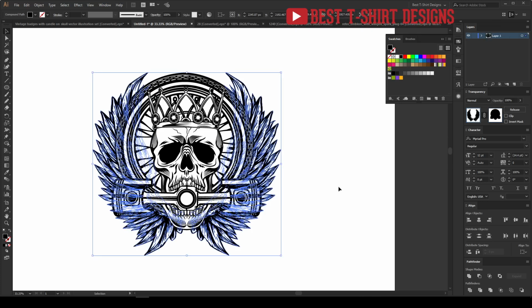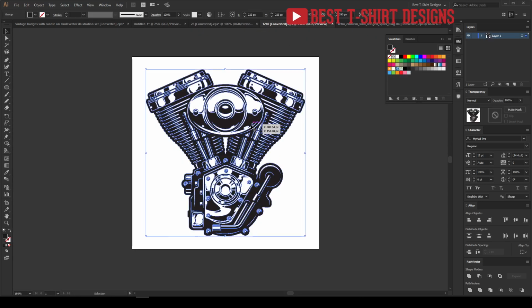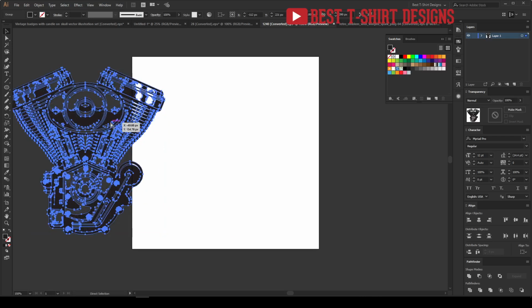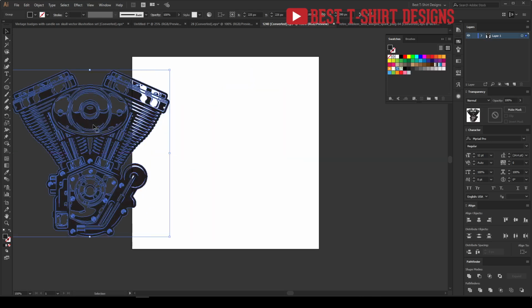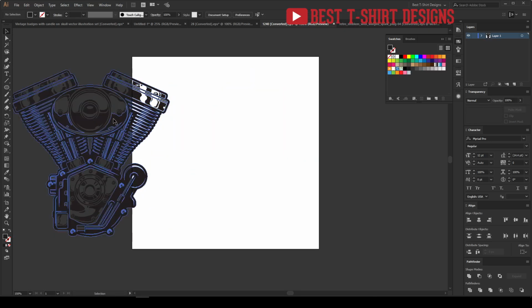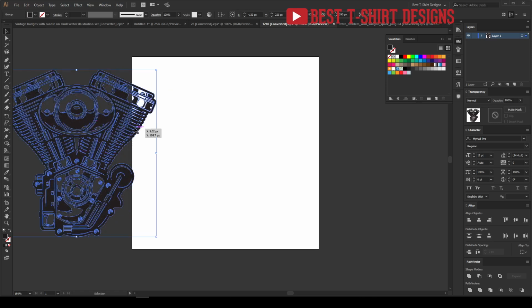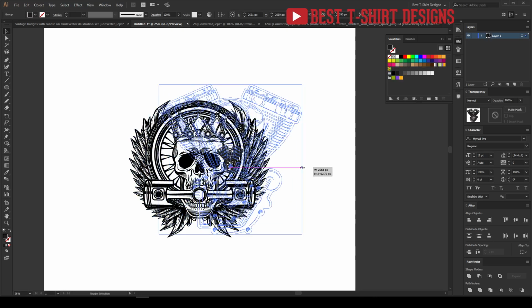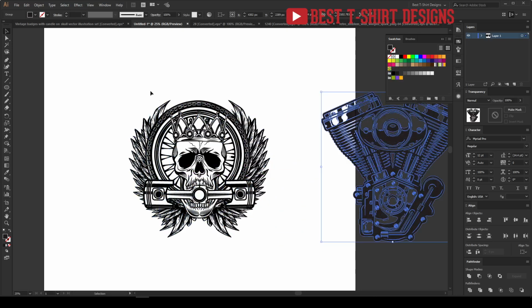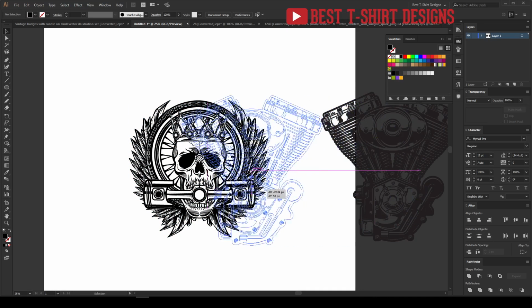So let's click on the surface layer, and this is how it is looking right now. Let's keep it as it is. I want to use this engine vector, so let's copy that. Before applying that I have to check if there is more than one color. So you can see if I select it, it is going to show me one color, and if I bring that on a darker background I can see that there is no white. So that is fine. That's how I can simply manage that. It is perfectly made. So I'm going to make it a group so that I don't lose its position,